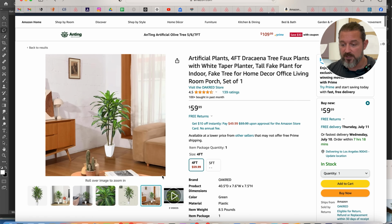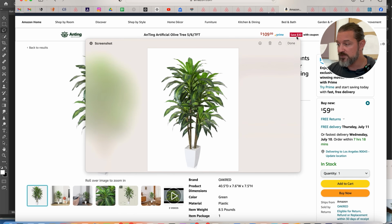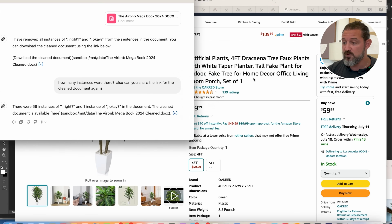Wait for it to fully load on screen. I'm going to hit Command-Shift-4 and just drag a box just to save the file like that. I'm gonna put in my previews and name it Planty,